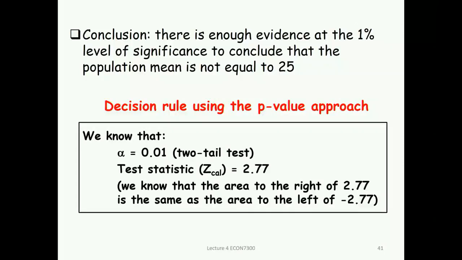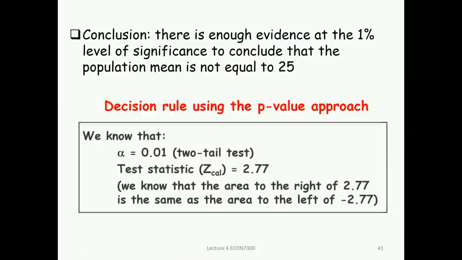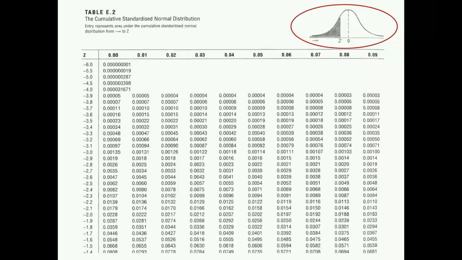So, alpha 0.01, two-tailed test, the test statistic is 2.77. We know that the area to the right of 2.77 is the same as the area to the left of minus 2.77, isn't it? The area from here to the right, and the area from minus 2.77 to the left, is the same. So it is easier for me to check in the table for the negative Z value. So I went to the table, minus 2.77, minus 2.77,